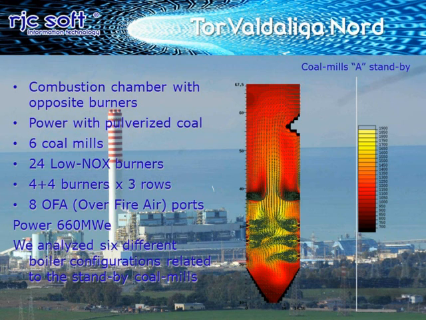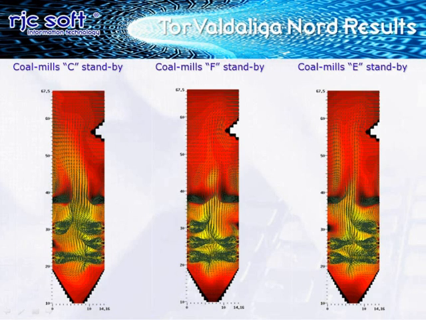In the figure at right, you see the temperature field with the gas velocity field on a vertical section in the center line of the second column burner. This figure shows the result for the case where the mill A is standby. Each mill feeds only one row of burners. This slide shows the fields of the temperature and velocity of the gas in the same section of the preceding figure. These are calculated from IPSE for a plant configuration in which the mills C, F, and E respectively are